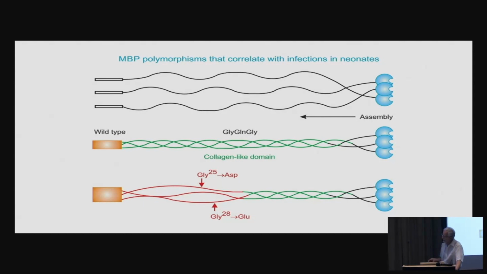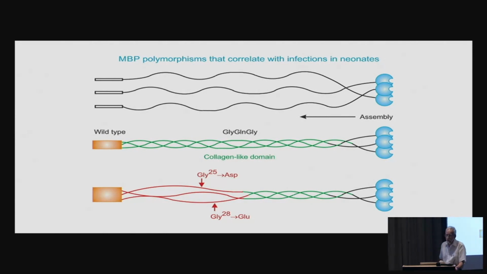And if it can't make this molecule, it can't come together into the higher oligomers, and it can't therefore do any of the complement fixation. And it's worse than that. If there's only one polypeptide in the trimer that's wrong, that's enough to prevent the trimer from working. So the mutation becomes essentially dominant. And that's why it can be picked up in